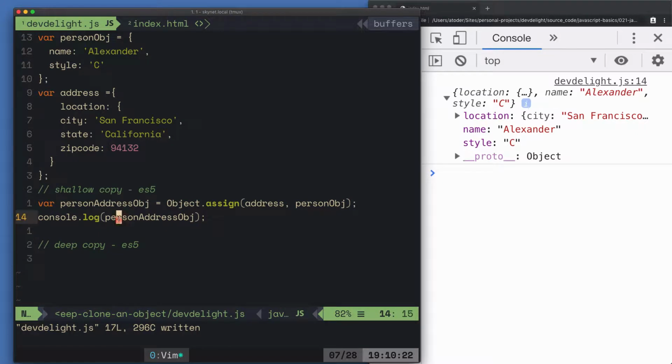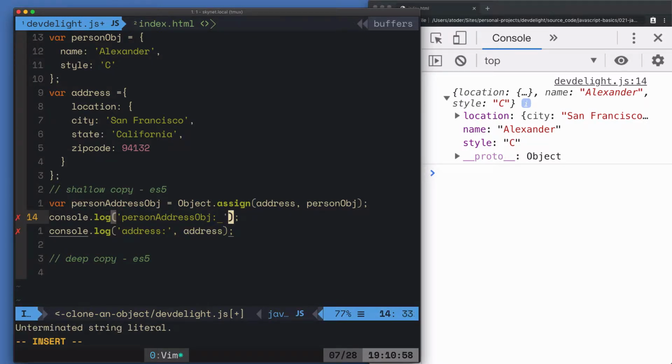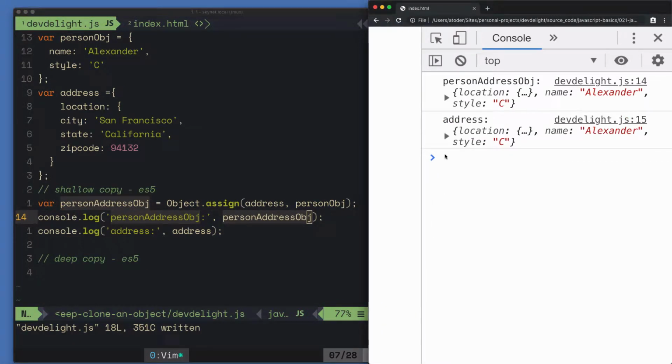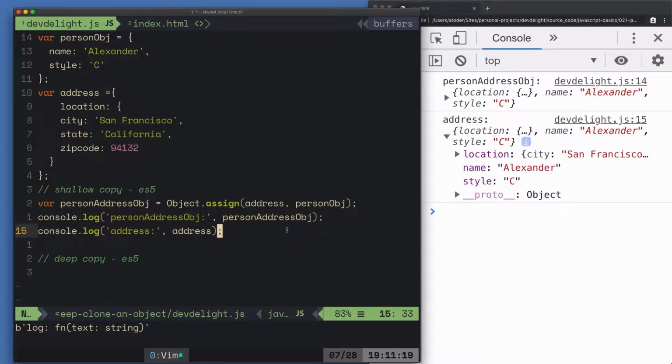Now here's a tricky thing. If we print out right now address, refresh, you notice that address all of a sudden also got the properties of person object, and that is not good. That's why the proper way to use Object.assign